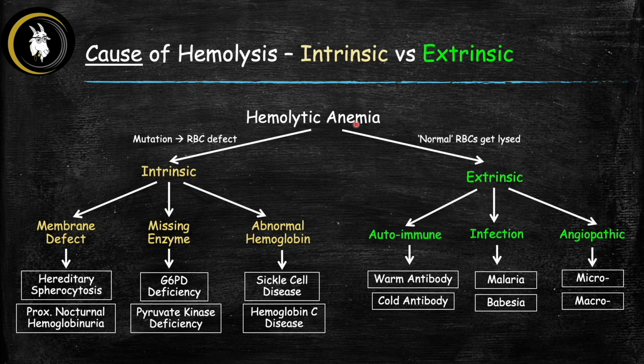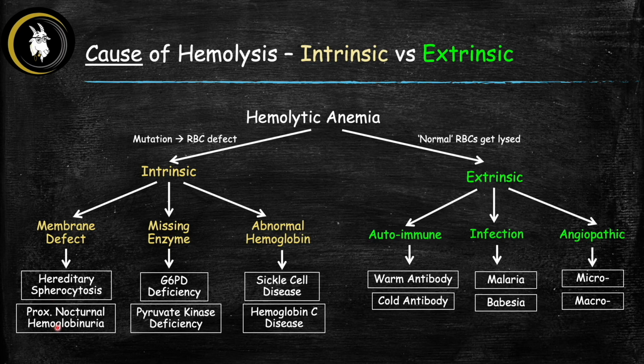Okay, so here are the main causes of hemolytic anemia: intrinsic category here, extrinsic category here, and in this video we're talking about intrinsic hemolysis. So the defect that's causing the hemolysis is within the red blood cells themselves. And so in all these intrinsic diseases, the red blood cells have a mutation that's going to make them susceptible to getting lysed, and these mutations can either cause the red blood cell membranes to be defective, as in hereditary